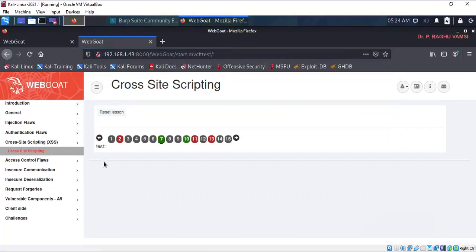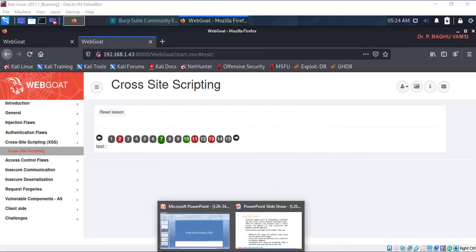Yeah, look here, it is going for test. Okay, so even though it is not giving any page, still it is responding to this. If the page is not there, obviously it has to present page not found or something like that. But still it is giving you some information like test, like this.